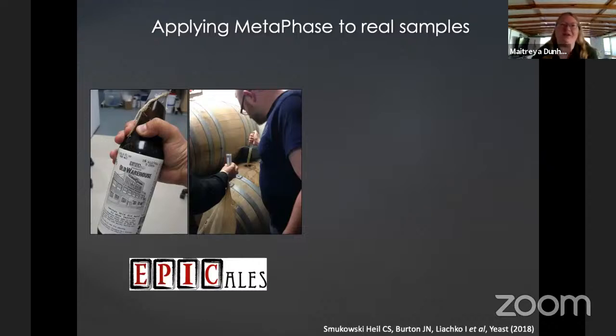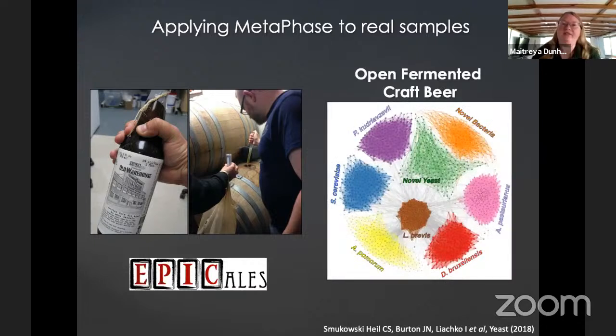So what did we find in the beer? So one reason we thought that this would be a good sample as a test bed for our method is that beer communities have already been characterized to some degree, and they're relatively simple. There's not a ton of species going on, and so we thought it'd be a good place to start. And so sure enough, what we found was only a small number of species, and many of them were the usual suspects. So I'm a yeast geneticist, so of course I was thrilled to see my favorite, Saccharomyces cerevisiae, the standard brewing yeast.